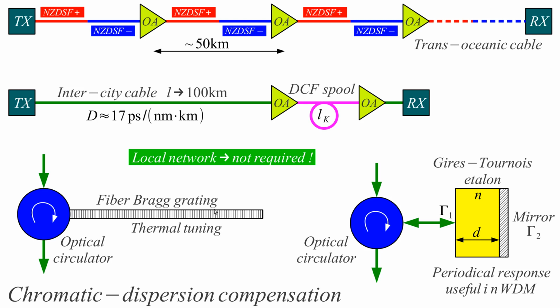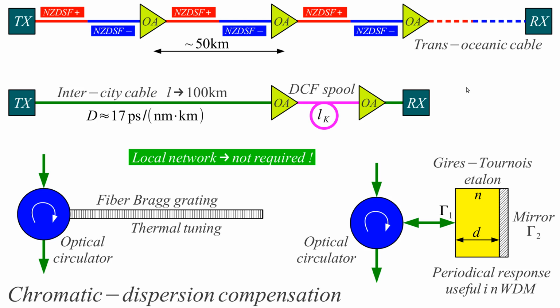A more complicated tunable device is the Gires-Tournois étalon. This is actually a resonator, a dielectric resonator, that uses two reflections, one off its front surface and one off its back mirror. And this device actually has a periodic group delay. A periodic group delay has slopes in both directions, and this periodic group delay can be used to compensate